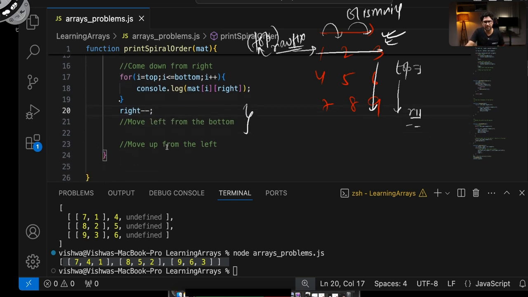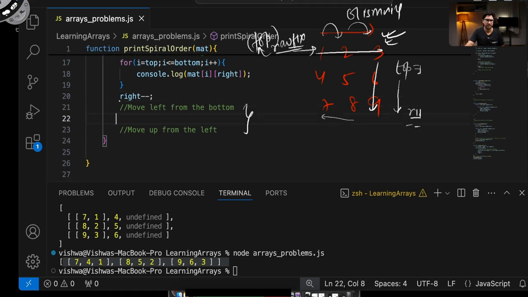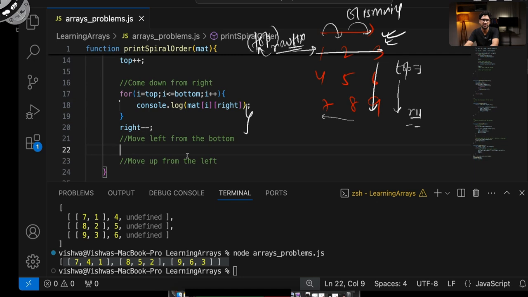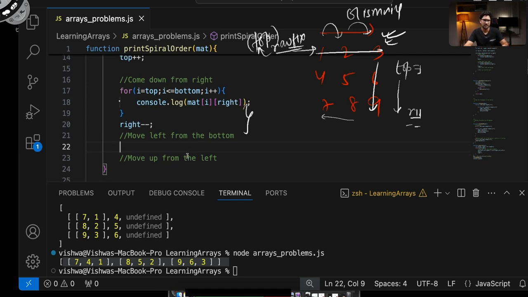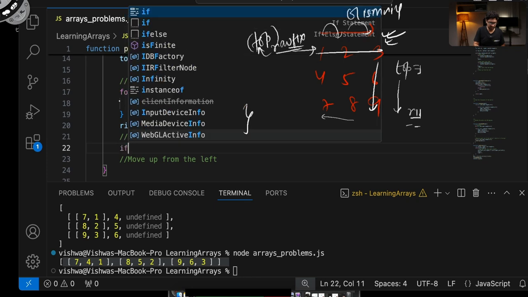Then I need to move from the right to the left. Once I'm done, I have to move from the right to the left. So I go and write the code. At this point of time, the right value is decreasing, right? So at this point of time, if still my top